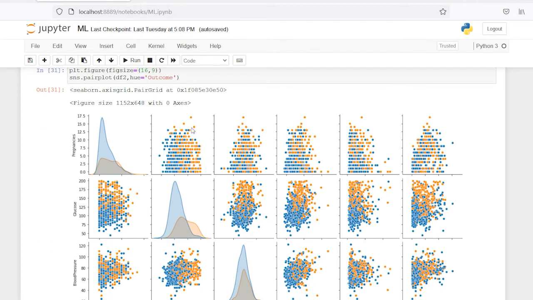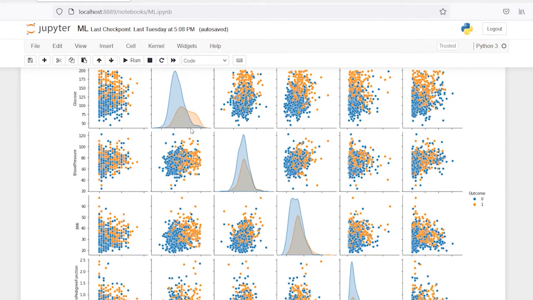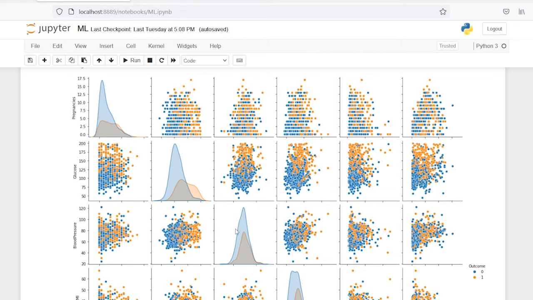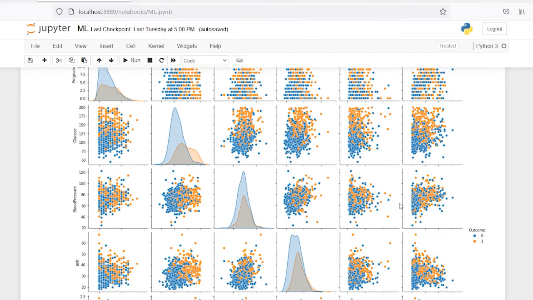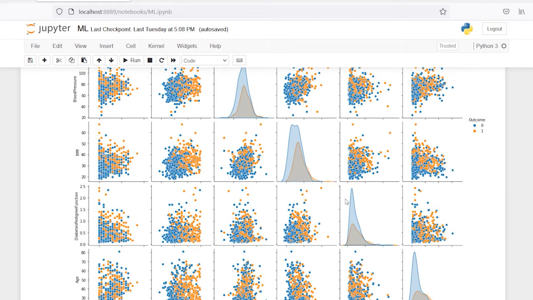This is the pair plot graph showing the graph of each of the columns with the others. As you can see, glucose has a strong relation. Blood pressure is weakly related, and the most important thing which these graphs show is that there is no linearity in my data set. There is no linear relation, so I will be using classification models such as decision trees and random forest